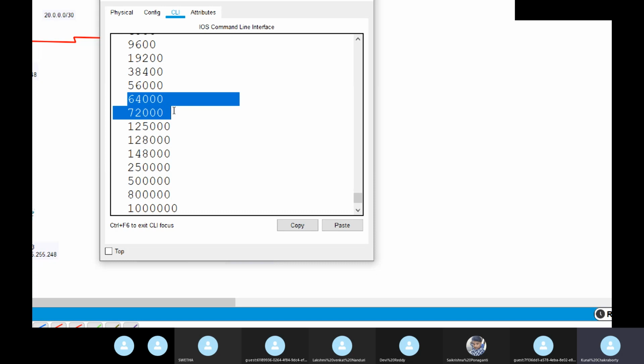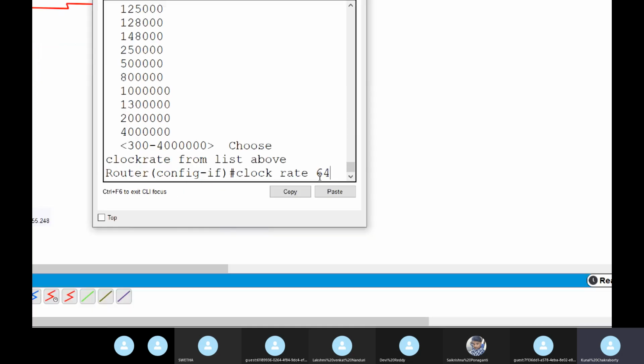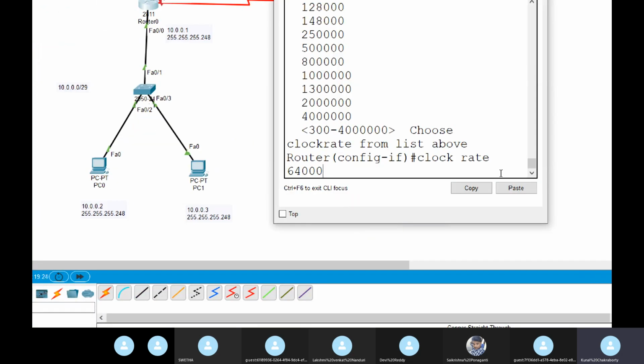You can use anything, whatever you want, but mostly 64,000 and 72,000 are used. So we will take 64,000 for example. And this clock rate is only for the DCE port, not for the DTE port. DTE means the other side. One side is DCE, that is the initiator, and one side is ending.